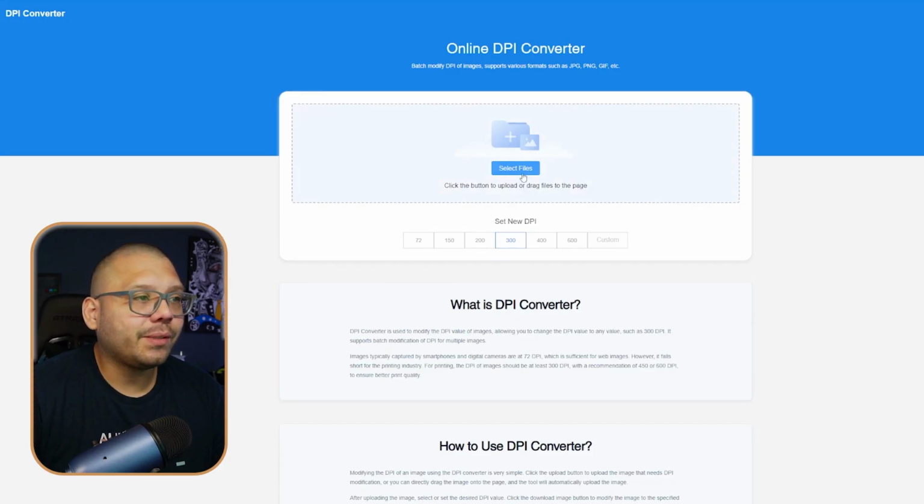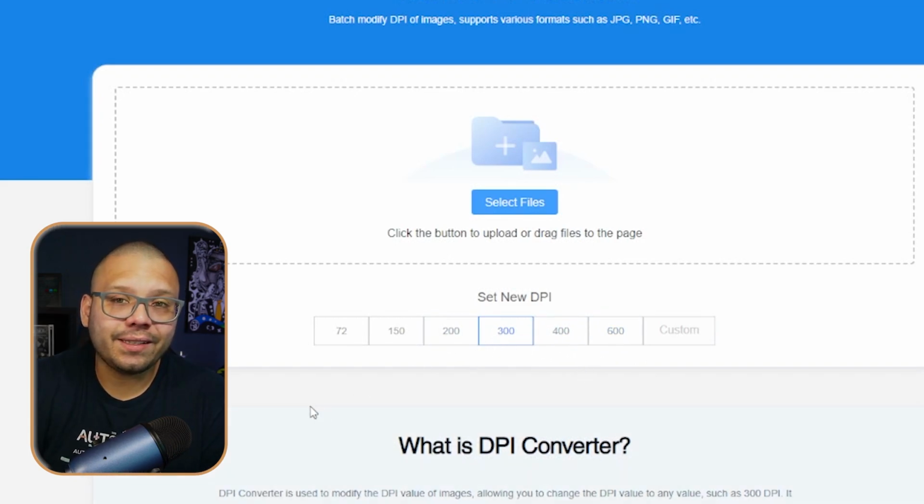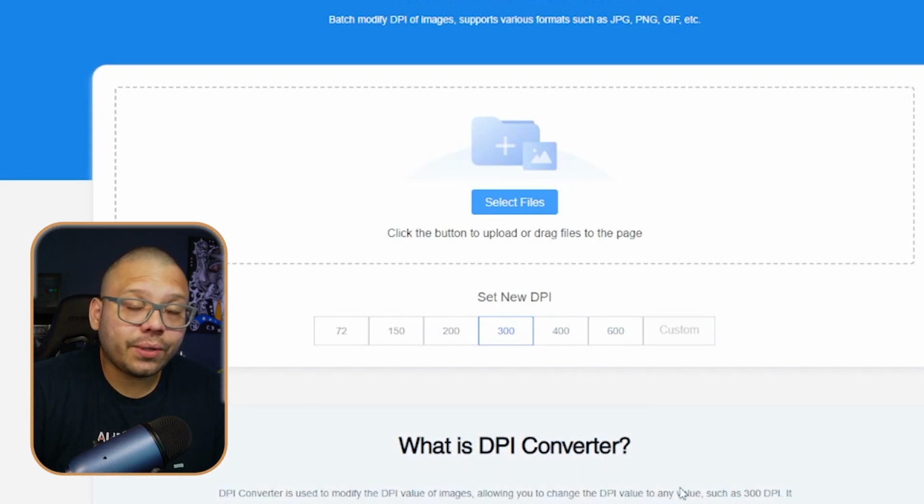But on this website, you can simply come on here, drag whatever image that you want, and set to 300. You don't need to do 4 or 6 because that's just overkill at that point, and anything less than 3 is just not going to be sufficient. So 300 is the sweet spot. But remember, just because you're increasing the DPI doesn't mean you're necessarily going to improve the quality. So while the print quality might not be up to par as a native or original 300 DPI download, it'll still work. But that goes without saying,